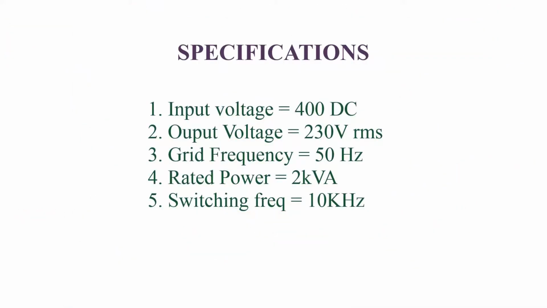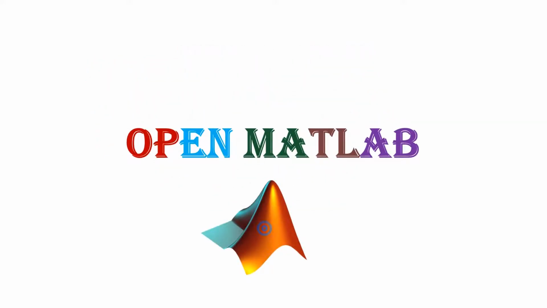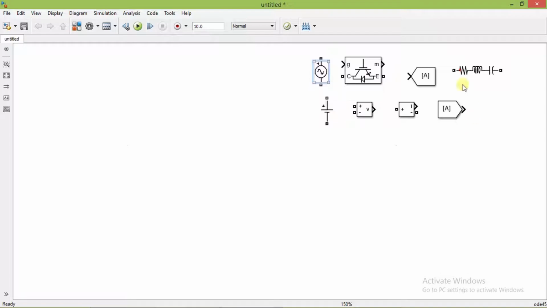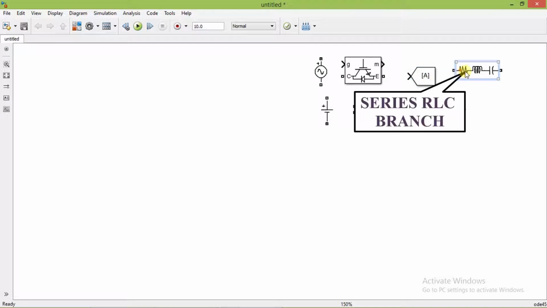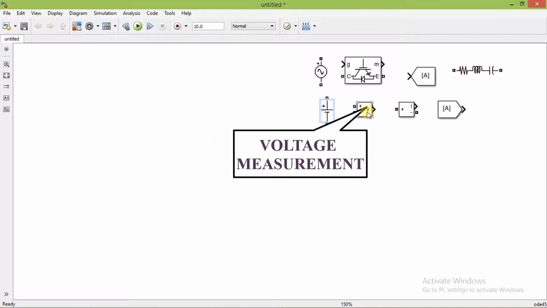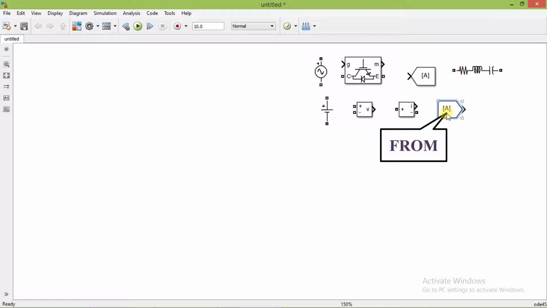These are the specifications of the inverter that we are going to simulate now. These are the required blocks. First connect DC voltage source.